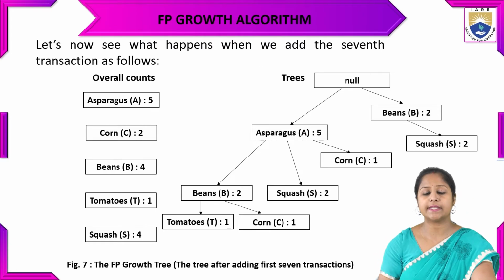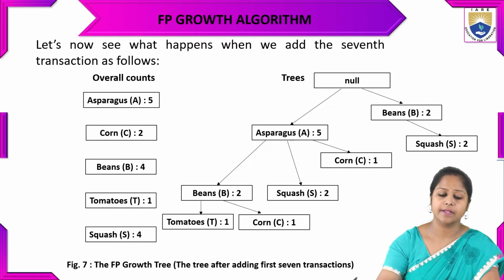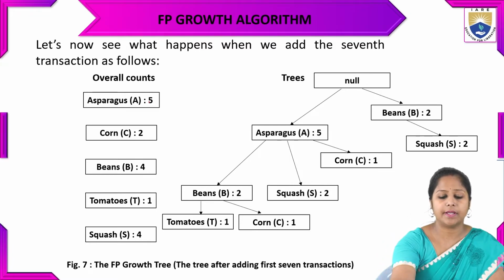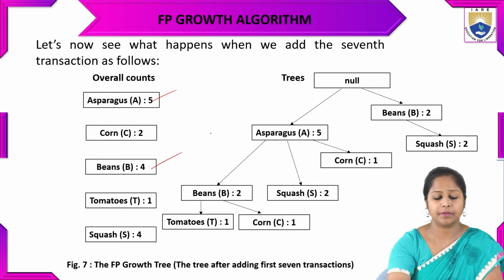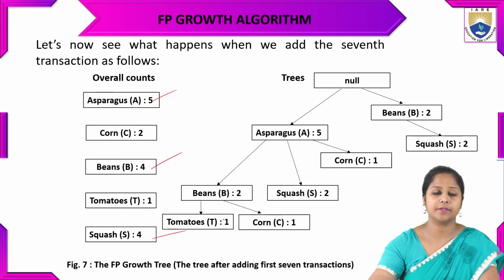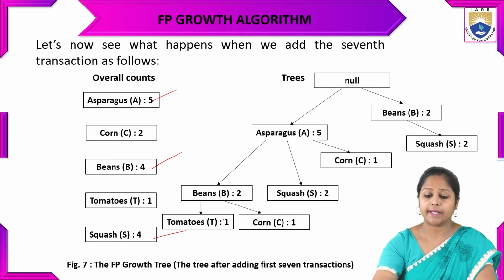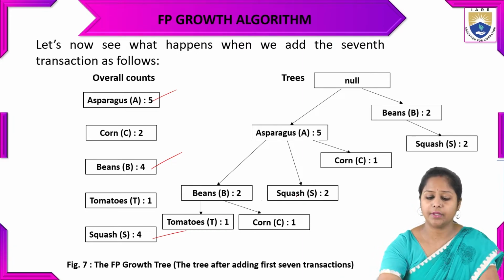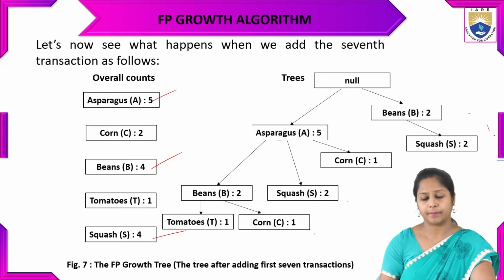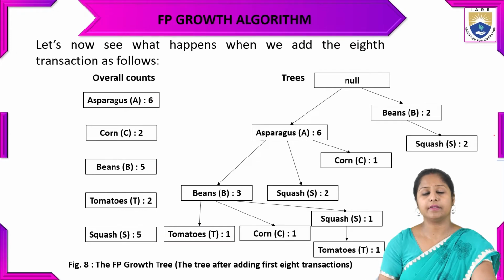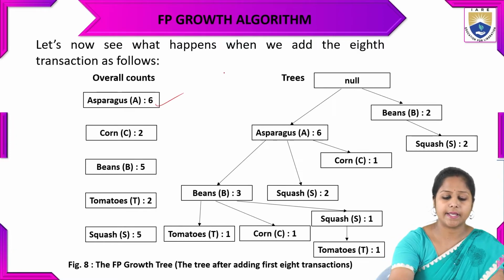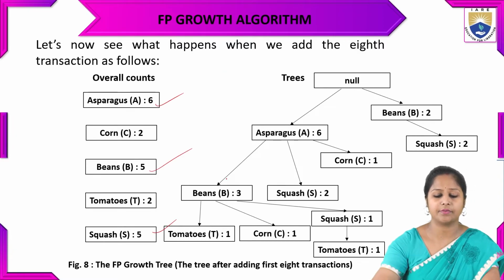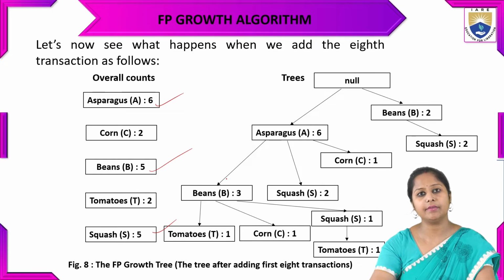Now we will go into the 7th transaction. Like that, the asparagus has been increased to 5. The beans has been increased to 4, and squash has been increased to 4. Again, we have to add those items as per the order. Now we will see the 8th transaction. Now the asparagus is 6, beans is 5, and squash is 5. Again the same will be there. We have to only